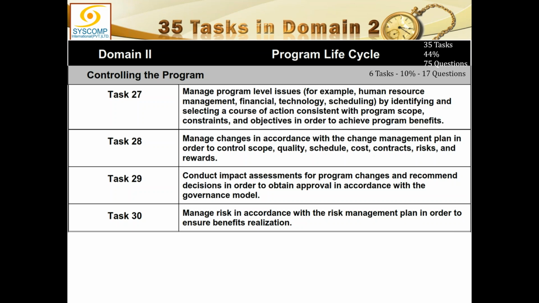The 30th task is manage risk in accordance with the risk management plan in order to ensure benefit realization. So the risk management plan remains almost the same as it was in project management, except for the fact that now we are dealing with a program, and we have to raise our level a bit to the level of benefit realization. We are not only talking about the product of a project, we are talking about the benefit realization in a program. So these risks would be about whether the benefit would be realized or not,